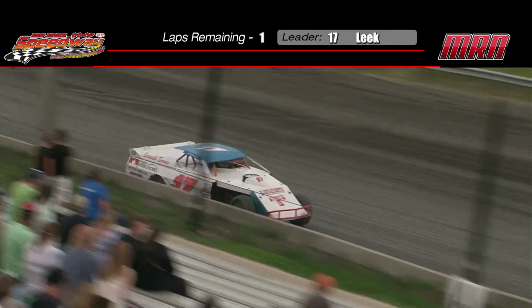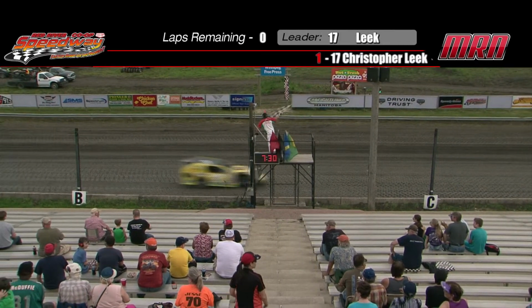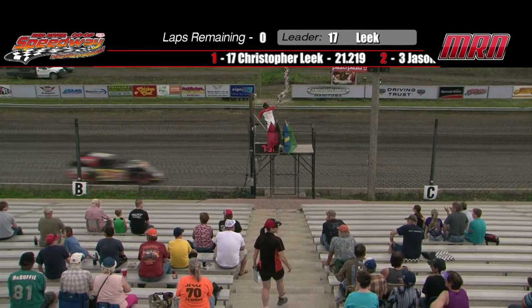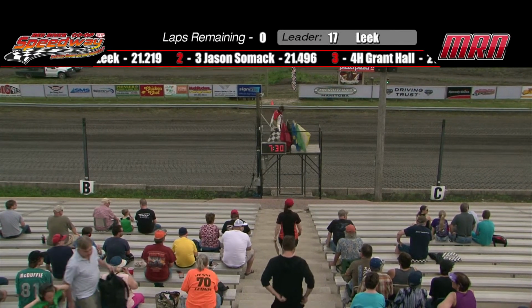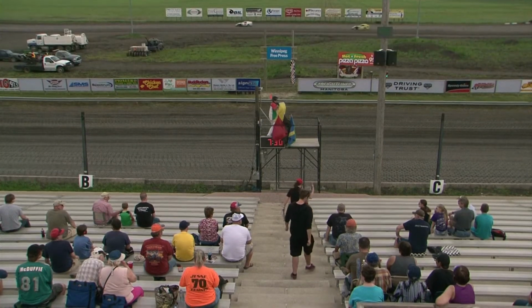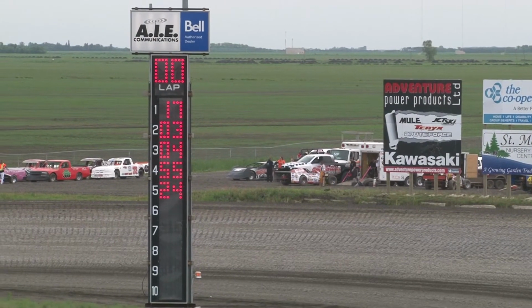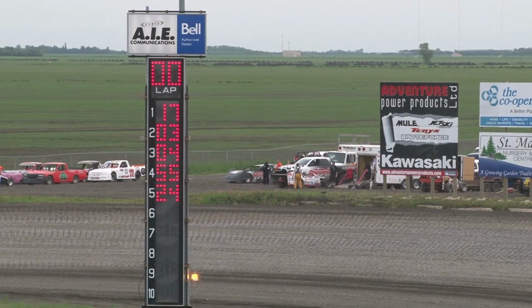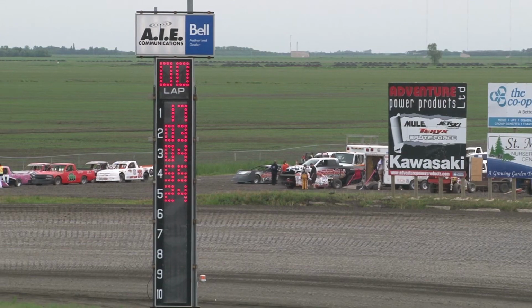Checkered flag is out. Your winner is going to be the Berwick Service 17 of Chris Leak. Second is going to go to Somac. Third to Hall, Posey, and the 24 of Stutsky rounds out the top 5. Interesting note in that race, the car number 55 is a brand new GRT. The car number 4 that finished ahead of him belonged to the driver of the 55 last year. So he sold